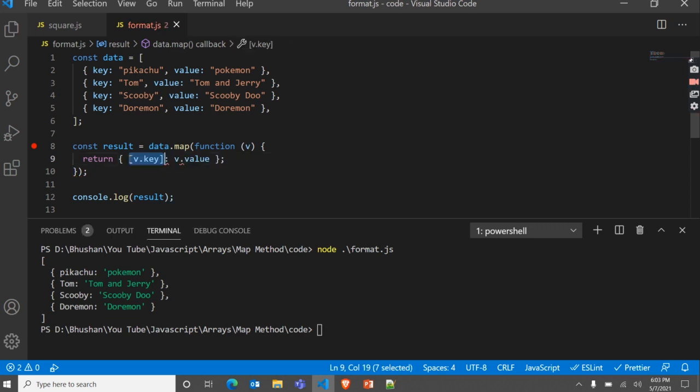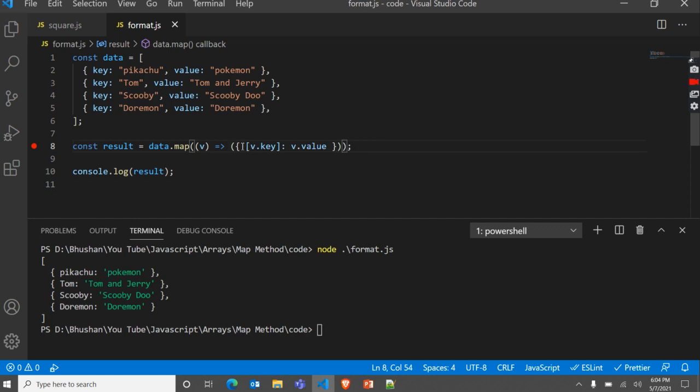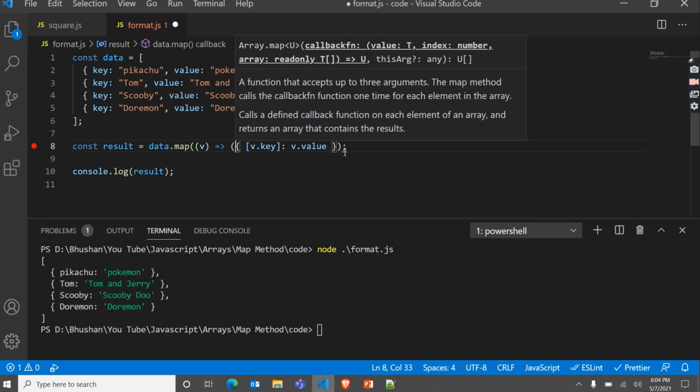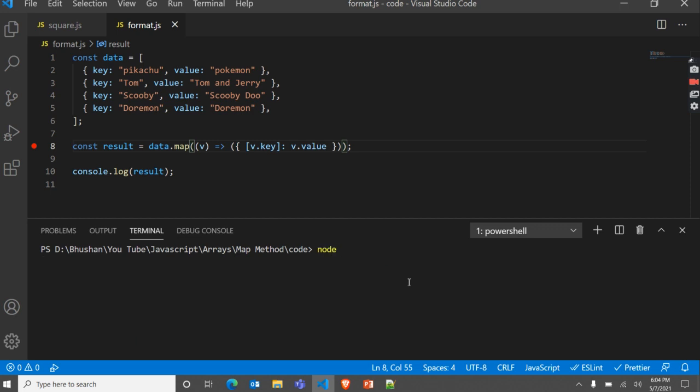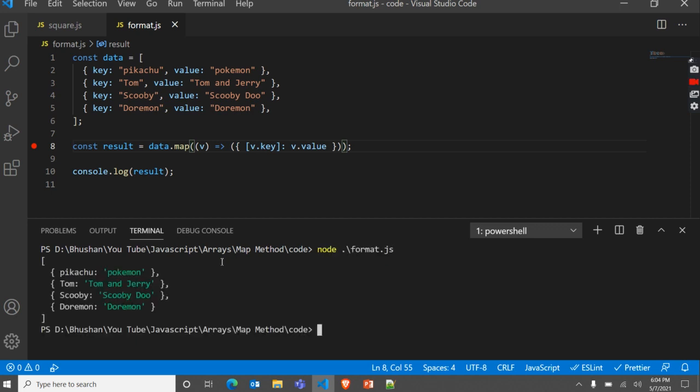Okay, and we can also minimize this code. We can use a lambda expression here. So let me remove this one, and we don't need this return because we are returning a single value. But here you can see we are returning an object. So for an object we need to enclose this in braces. We cannot directly return that object from here. We should get an error. Okay, see here, we get an error. So if we return an object, then we need to enclose it in braces like this one, and see, we should get the same result. Okay, we get the same result here also.